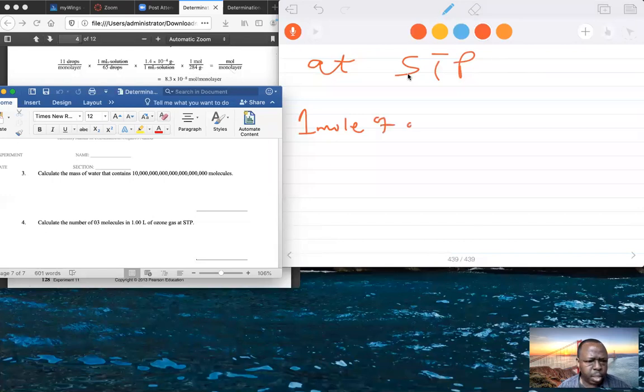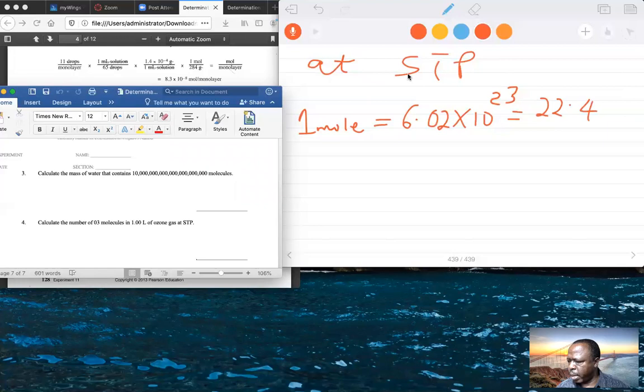In this case, 1 mole of a gas equals 6.02 times 10 raised to 23 molecules, which equals 22.4 liters at STP, at standard temperature pressure. So here, all right, if you have